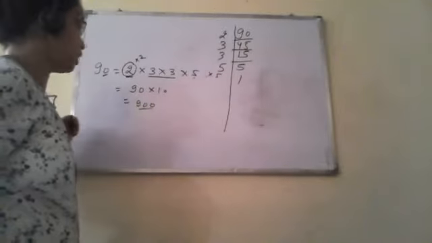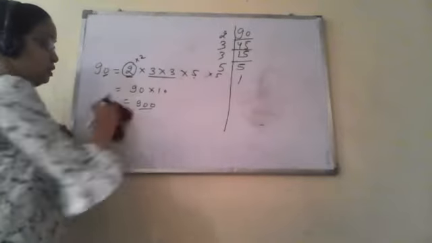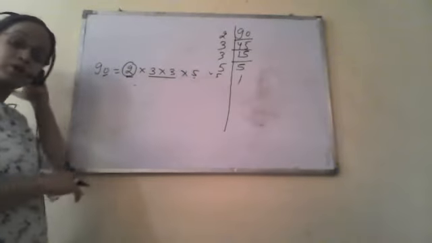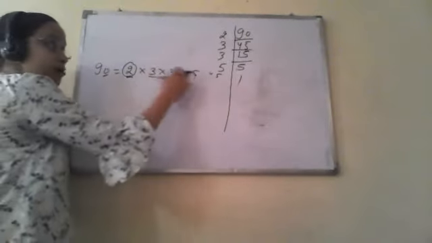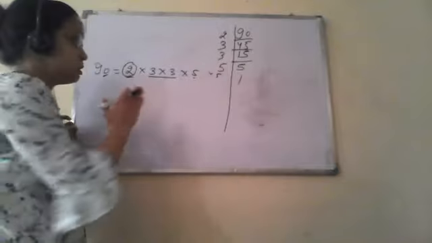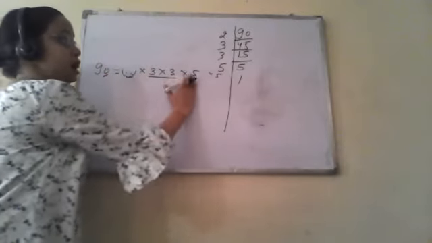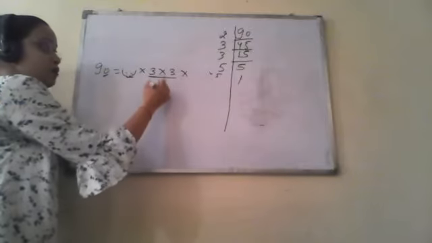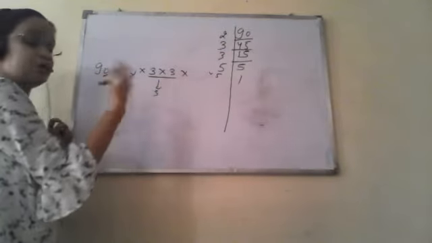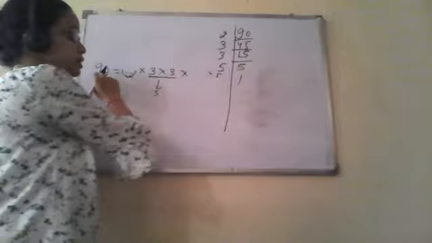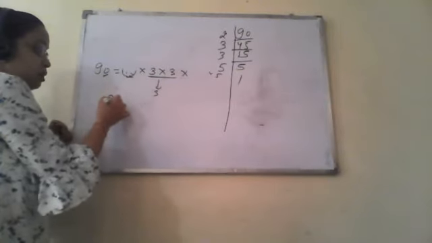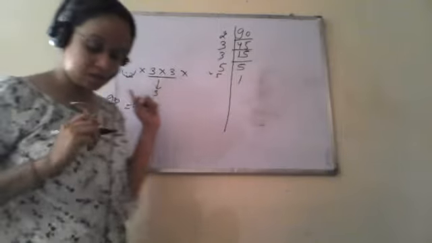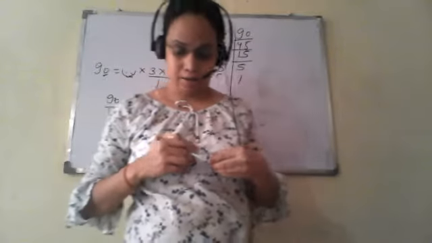Now second, this was the particular case when we are multiplying by a certain number. In case we have to divide, 90 can be a perfect square if we multiply by 2 and 5. It is also possible if we remove this 2 and this 5. This will become 3 into 3 and we have 3 as a square root. So in that case, we have to divide this number by 10. So 90 divided by 10 is 9, and 9 is a perfect square. So this type of question we will find. Okay.